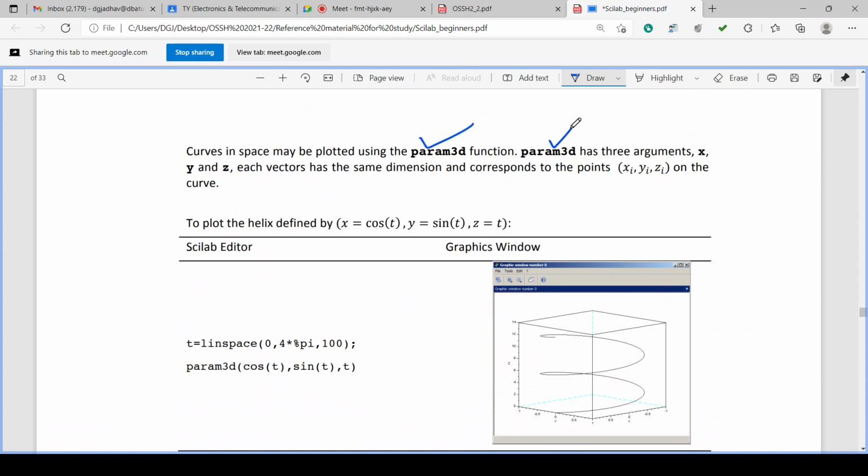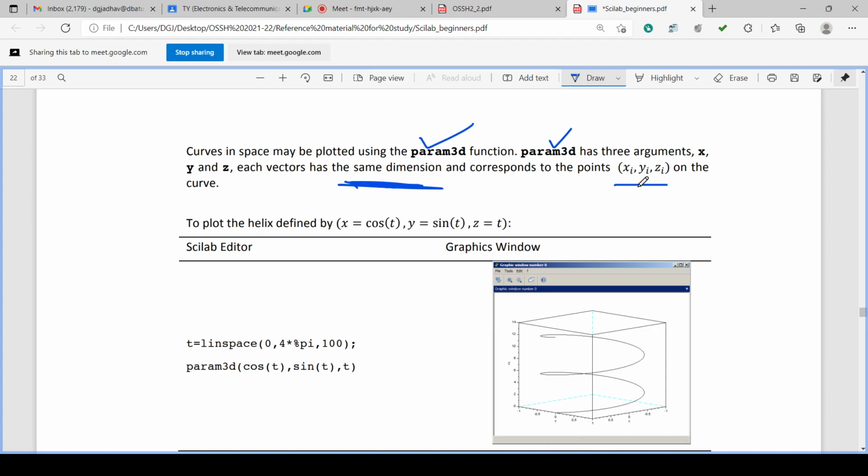param3d has 3 arguments x, y, and z, and each vector has the same dimension, corresponding to points xi, yi, zi. Here x, y and also z will have the same dimension. In the surf case, x and y are two vectors, and z is a matrix found by feval.